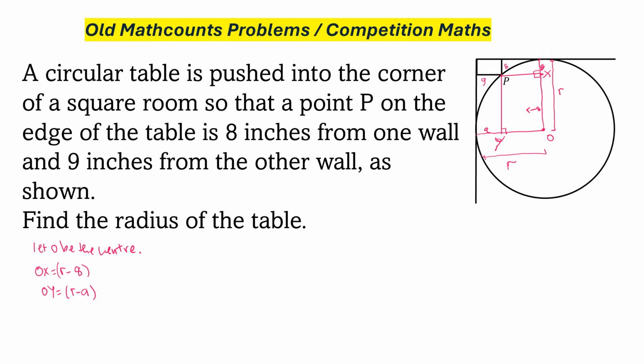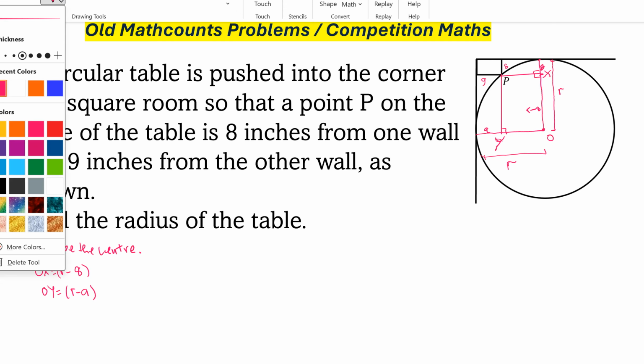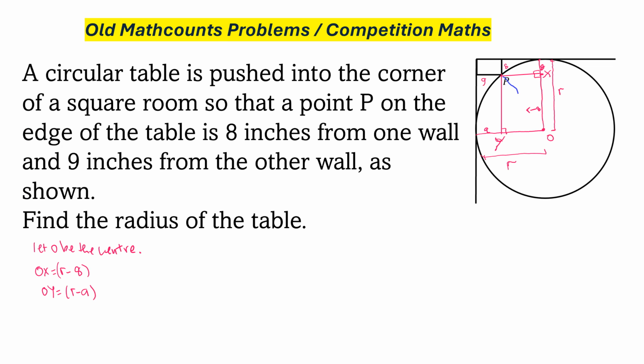And then if I were to join OP, very difficult line, sorry about that. So if I were to join OP, then OP is equal to R, isn't it? The radius of the circular table. If I say R is the radius,